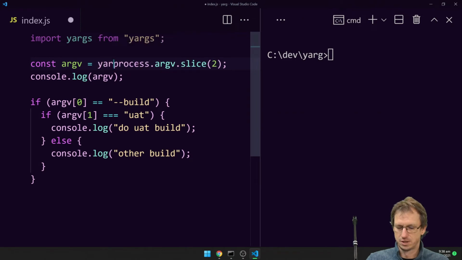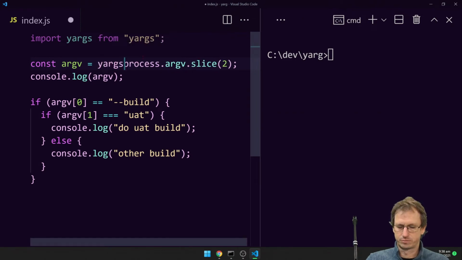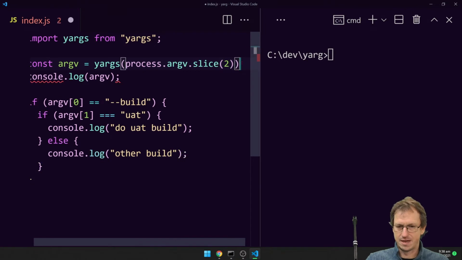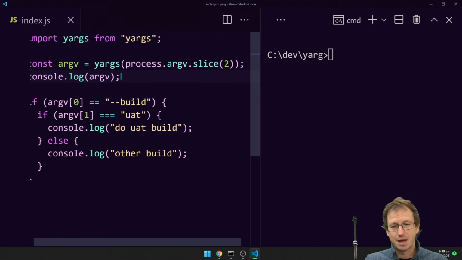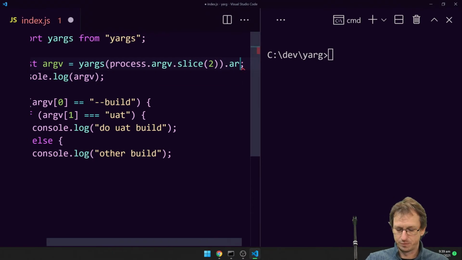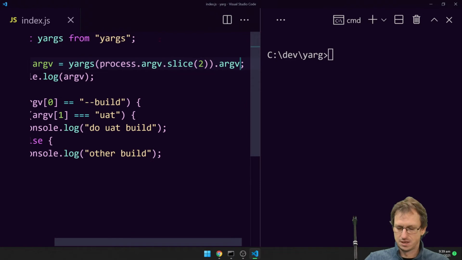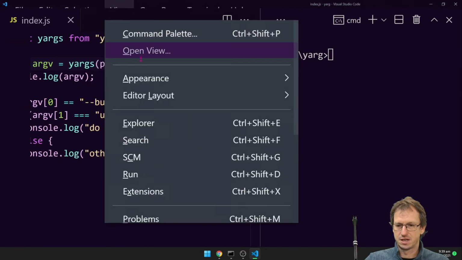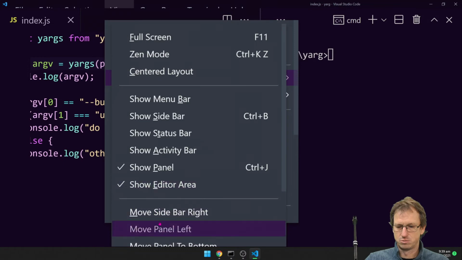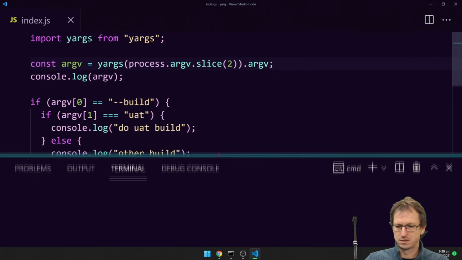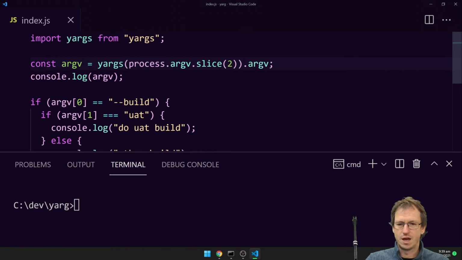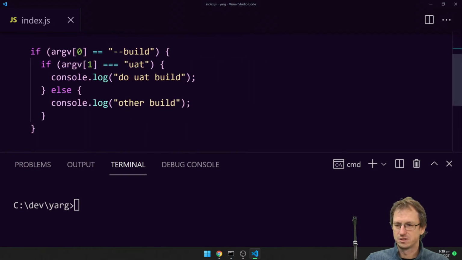So let's do YARGS and wrap that round there. And there's lots of configuration you can do here, but by default, I need to put argv on the end there actually. Let me just rearrange this appearance, move panel to bottom, just because it's getting a bit wide. So we've wrapped our process.argv within YARGS now, and if I now log that out,